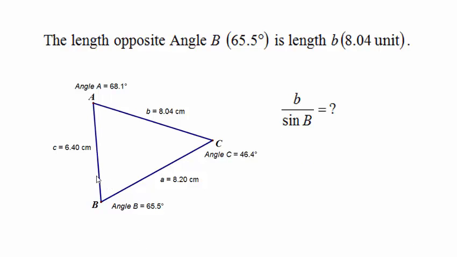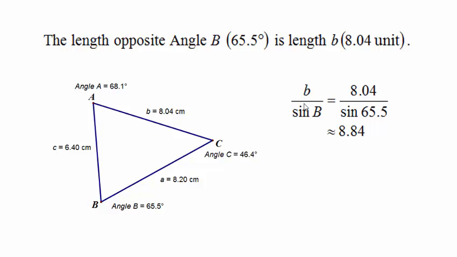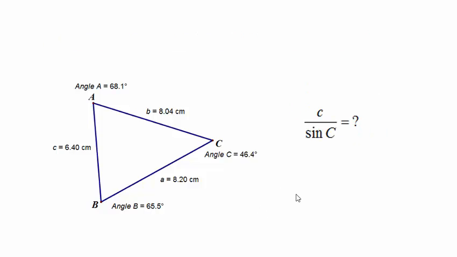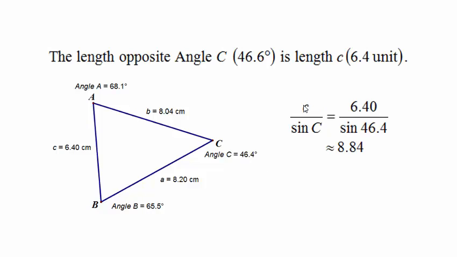Now let's calculate the value of b over sine B. The length opposite angle B, which you see in the diagram, is the length small b, which is the length 8.04. b over sine B will be the value of 8.04 over sine 65.5, which should also give you the value of 8.84. Now we should do the same thing for c over sine C, c which is 6.4 and angle C which is 46.6. Now by calculating the value of c over sine C, which is 6.4 over sine 46.6, we will also get